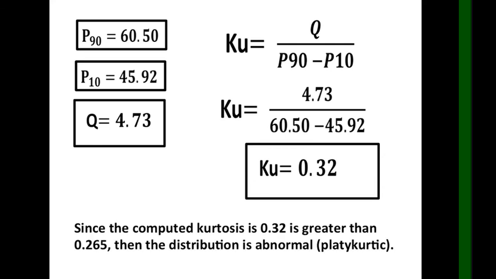value. So, since the computed value is 0.32, which is greater than 0.265, as mentioned in the definition of kurtosis, the distribution is abnormal. Then, it is what we call platykurtic. Okay? So, that's all